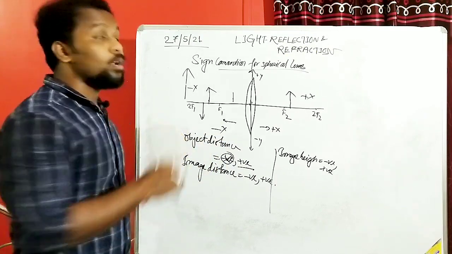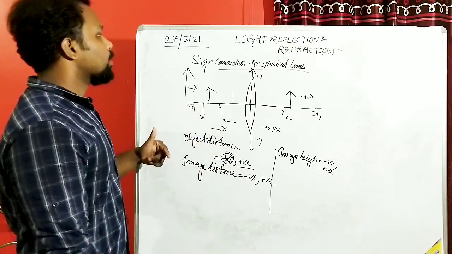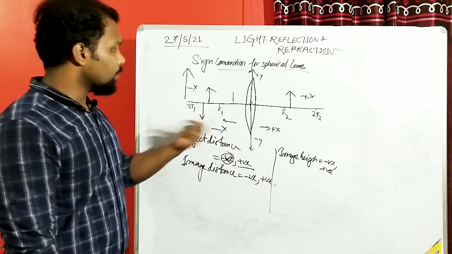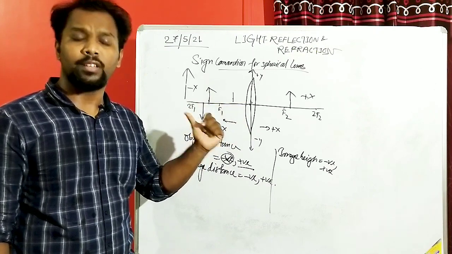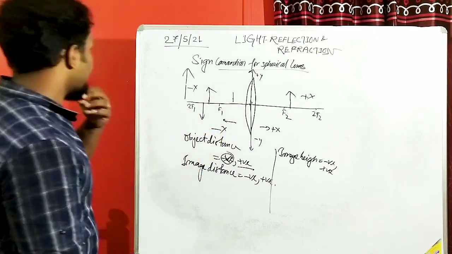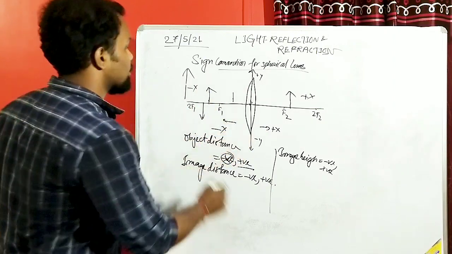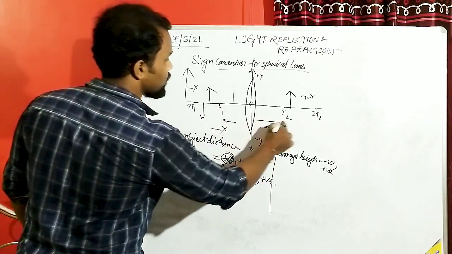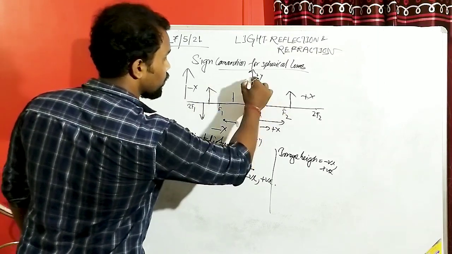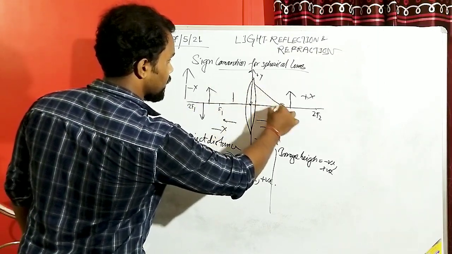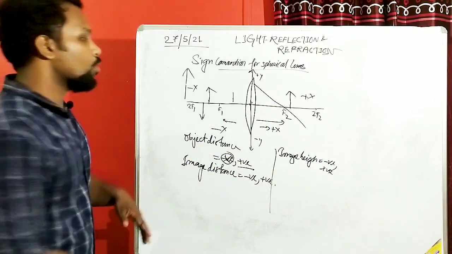But there is one more case: what about the focal length? This is the main difference from the mirror. In the case of the concave mirror, the focal length is negative because we always consider the focal length in the left side direction. So what happens in the case of the convex lens? We always consider the focal length in the right side direction, because for a convex lens the image forms in the right side direction, except in one case. So we consider that for a convex lens,